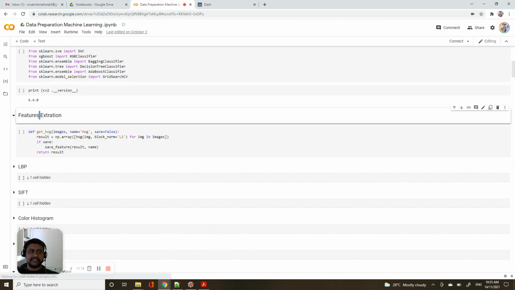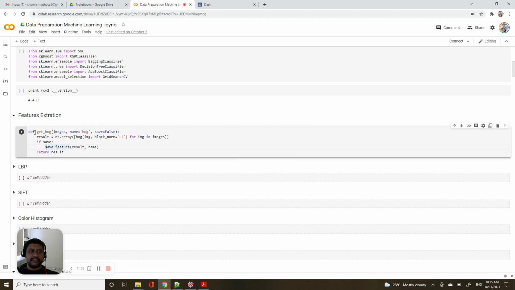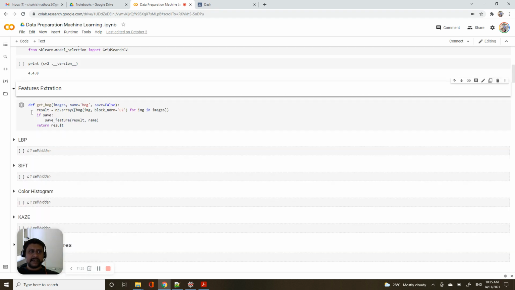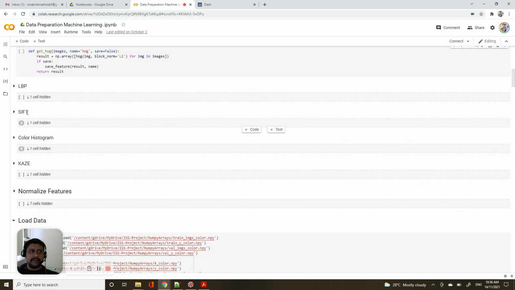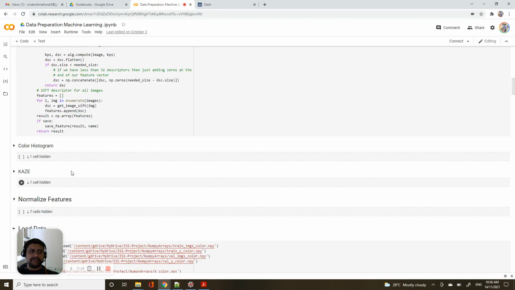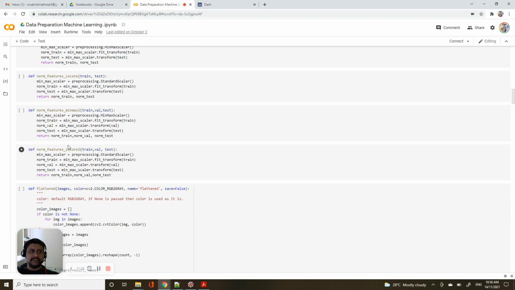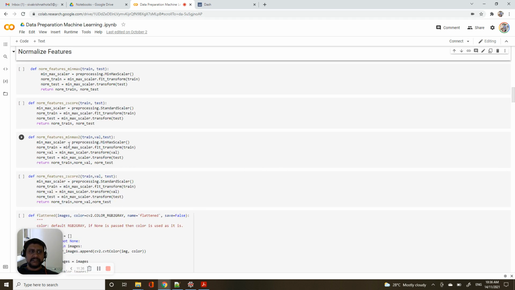These are the feature extraction methods using get HOG, HOG and LBP, SIFT methods, color histogram methods, and normalizing the features. I'm normalizing the features as the next step.